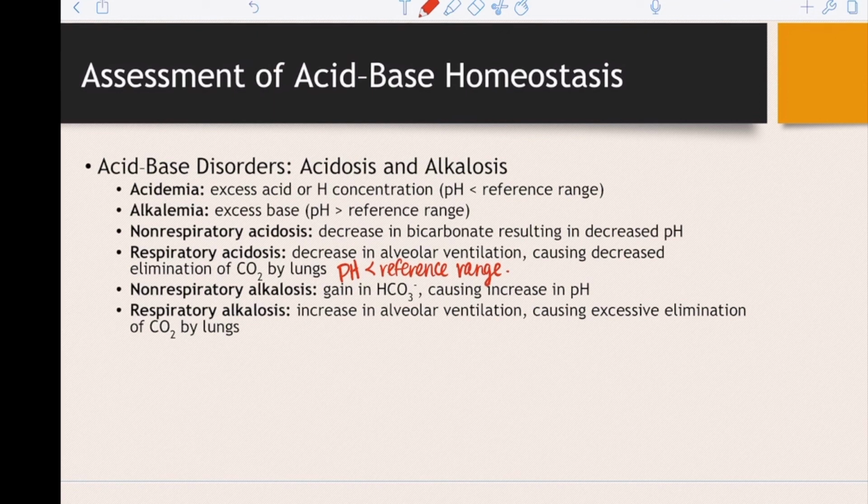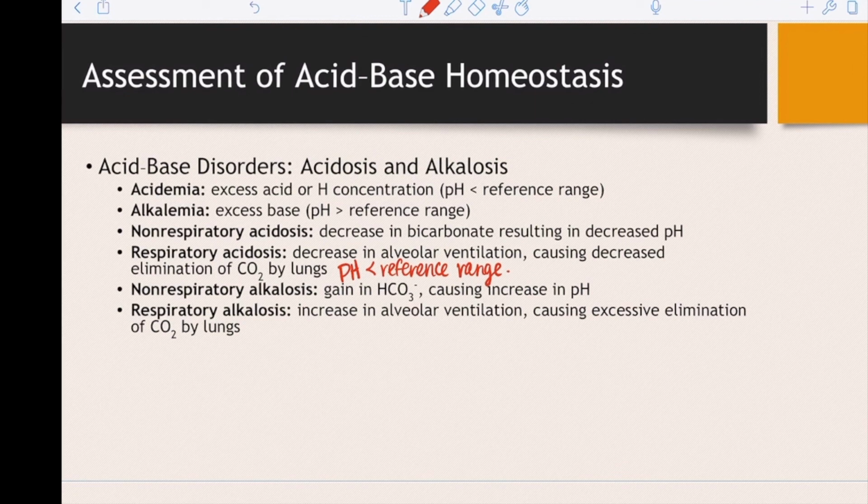Just as we can have non-respiratory acidosis, we can also have non-respiratory alkalosis. This means that we have an increase for some reason of bicarbonate, which is going to cause an increase in pH as our bicarbonate is basic. And then we can have respiratory alkalosis as well, which means you have an increase in your alveolar ventilation. And this is going to cause you to get rid of too much CO2. So we want to get rid of some CO2, but if we get rid of too much CO2, then that's going to result in